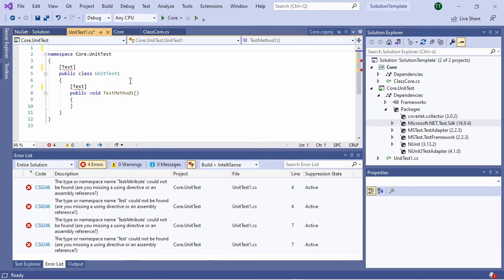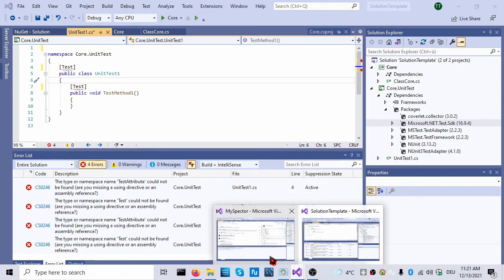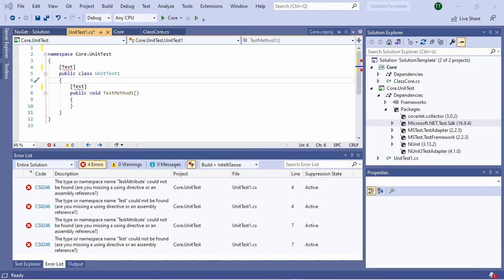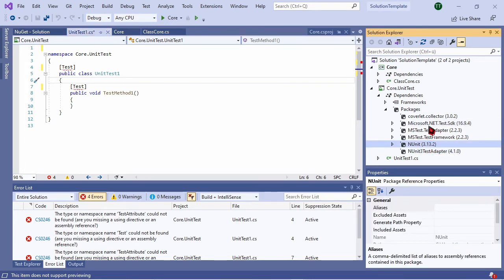Now I come back here and Microsoft.NET.Test.SDK. So here there is also a library which is needed, Microsoft .NET Test SDK, so that the NUnit tests are successfully run. So this one is important.